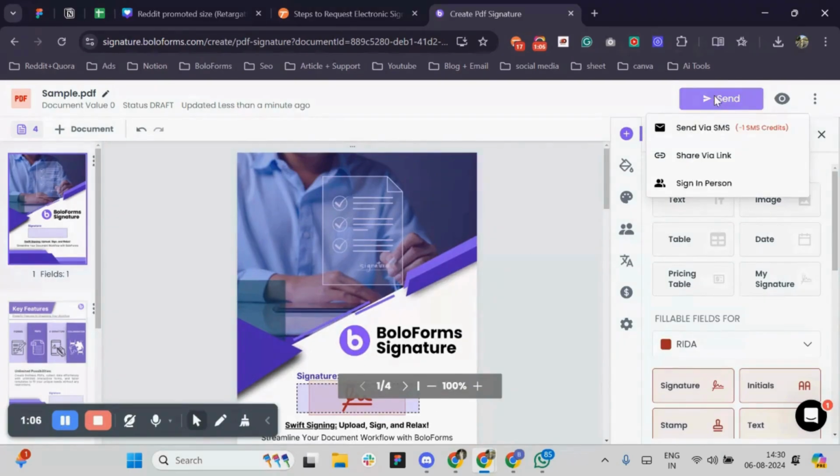You can see the option of send by SMS. You can also see that -1 SMS credit. This number relates to the recipient which you have added as per this document. That means the number of credit used will depend upon the number of recipient added to your document. Now I will click on send by SMS